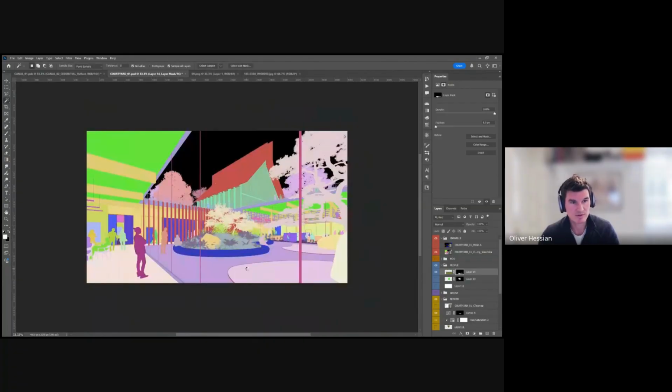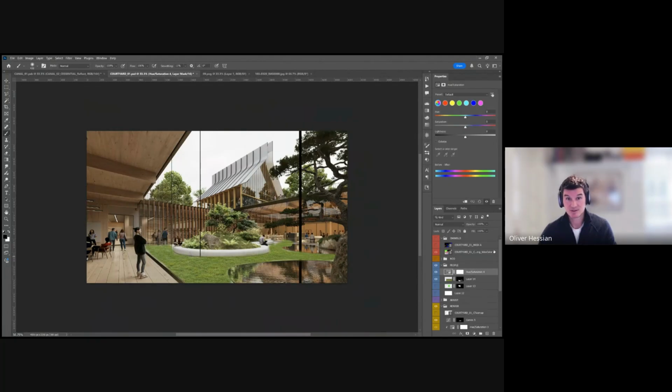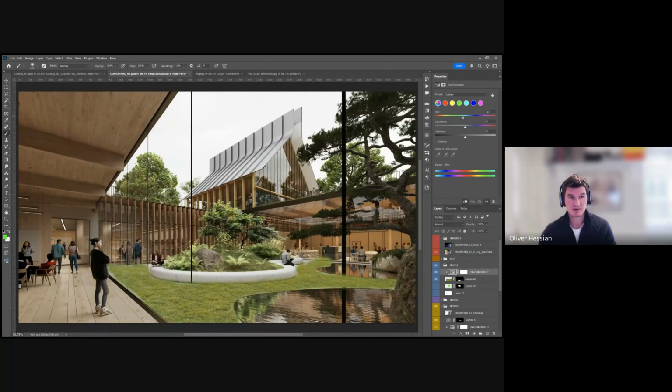So I could probably get some stuff in here. I can make sure I'm chopping out. So I can either use that, and X is quite a handy shortcut. It just flips between your foreground and background over here. So I can just cut out that stuff, and then you're quite a long way there quite quickly. And then that's where being able to tweak the color of that, but just that specifically. If I wanted to push that to be a little bit more yellow, maybe desaturate it a bit, I can